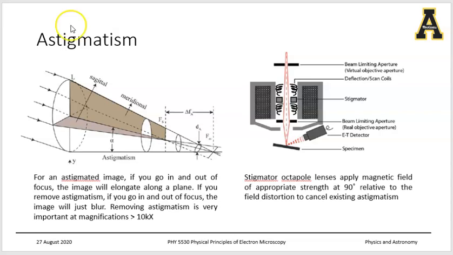So you can see that here in the image. The electron beams traveling along this plane cross here, so that's the focal length, but the electron beams traveling along the other plane have a focus somewhere here, right? So there's a delta FA, which is the difference in the focal length,